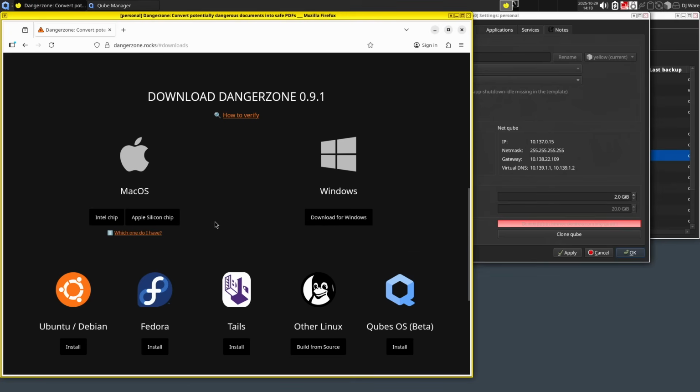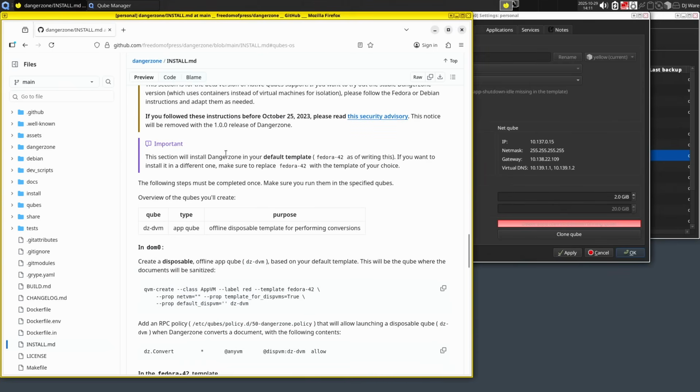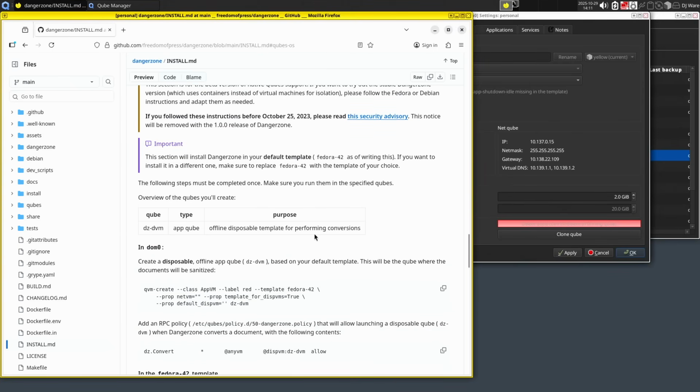So you can take this download link, and if you want, you can put it under Mac OS or Windows or Ubuntu, Debian, or Fedora. These all use Docker in order to create a container that is safe for Dangerzone to run in. On Qubes, this is experimental. It's in beta, but there's an install section here that if you follow it, you will go in and set up a disposable template